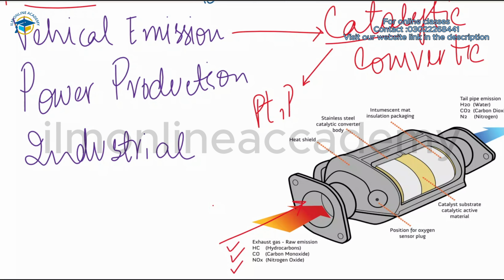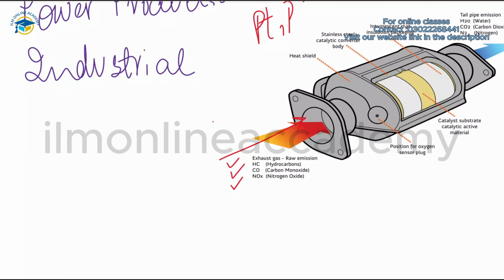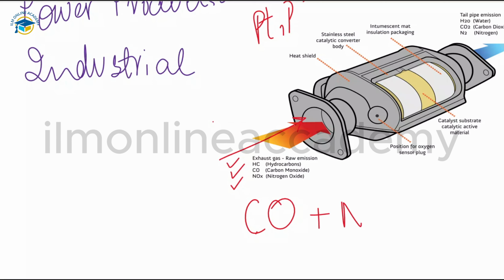This is coated as a thin layer onto a honeycomb support, and within a catalytic converter, carbon monoxide will react with the nitrogen oxide to release carbon dioxide and nitrogen. The equation for this: when carbon monoxide present in the catalytic converter reacts with the nitrogen oxide that is also present there, they form carbon dioxide plus nitrogen gas. So nitrogen gas and carbon dioxide gas are released when these two react together.